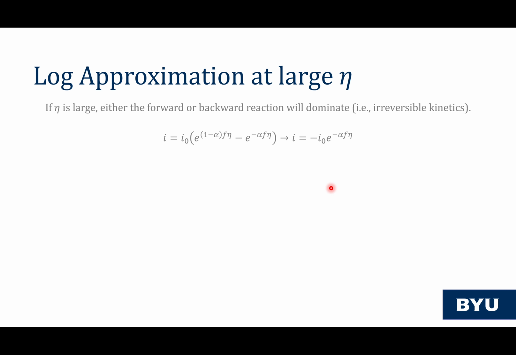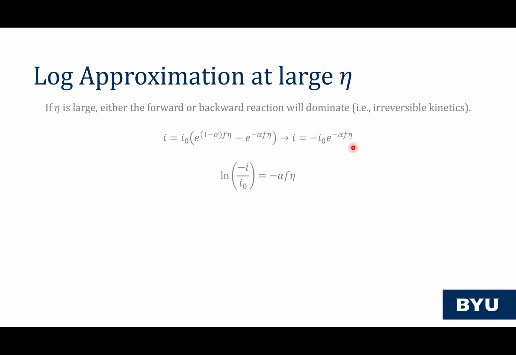Now, what if we have large overpotentials? Well, in this case, we know that we need to be stirring. It no longer makes sense for us just to be applying low potentials, low currents. So we're stirring, we have large overpotentials. In this case, we know that either the forward or the backwards reaction is going to dominate. And so we'll just write out one of these expressions. In this case, this would be the backwards